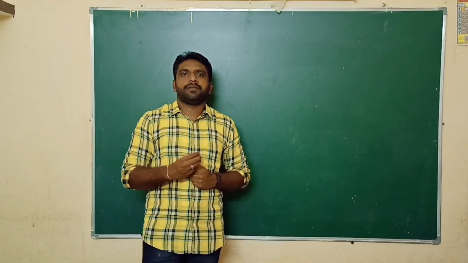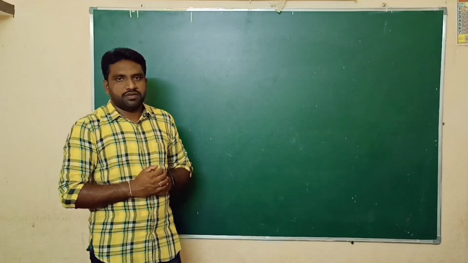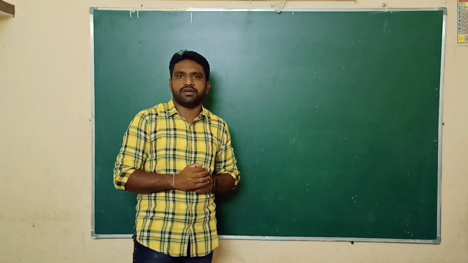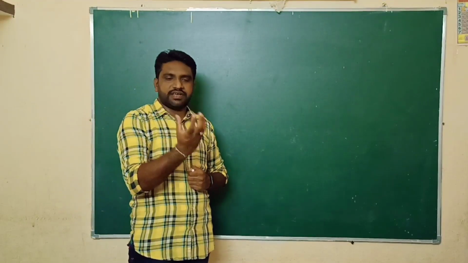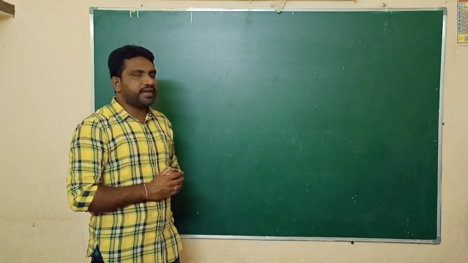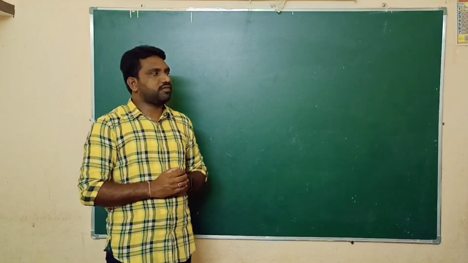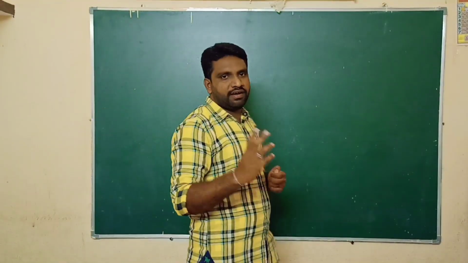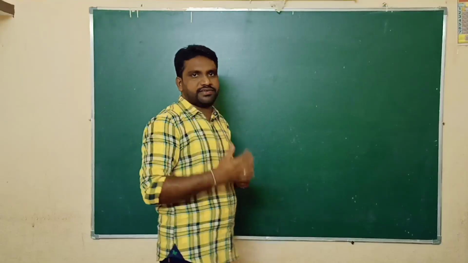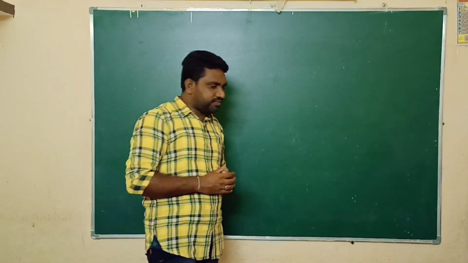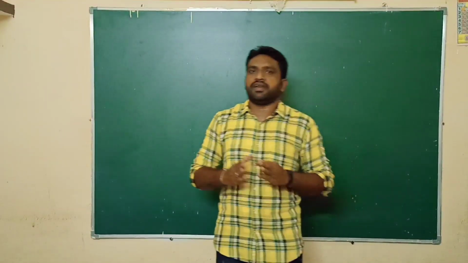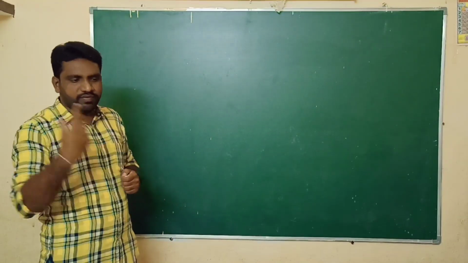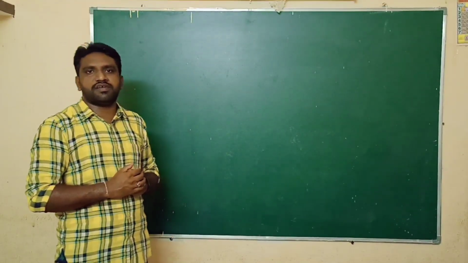Next, a most important and genuine question: Why do we have to use a convex mirror as a rear view mirror? Because a rear view mirror is basically used in vehicles to avoid road accidents. A convex mirror is preferred as a rear view mirror because it has a wide range of view and can cover all the vehicles coming behind us. It is a diverging mirror, and due to its diverging nature, it always forms a virtual, erect and diminished image. That's why we can see all the vehicles behind us very clearly. So we use a convex mirror as a rear view mirror.